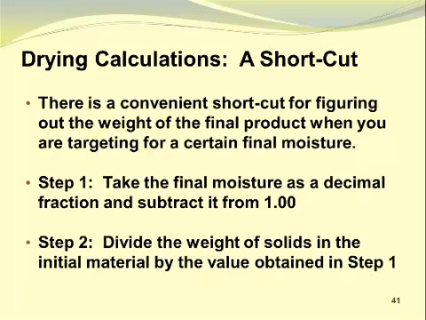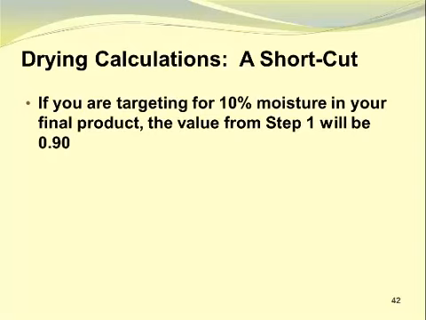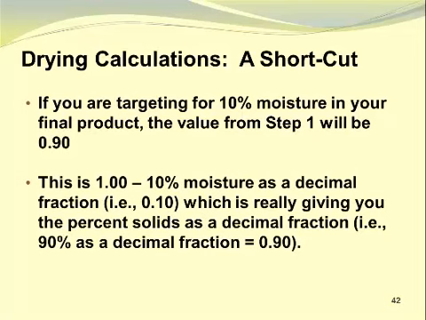Then we divide the weight of the solids in the initial material by the value that we obtain in step 1. If you are targeting 10% moisture in your final product, the value from step 1 will be 0.90. This is 1.00 minus 10% moisture as a decimal fraction, which is really giving you the percent solids as a decimal fraction, and that decimal fraction is